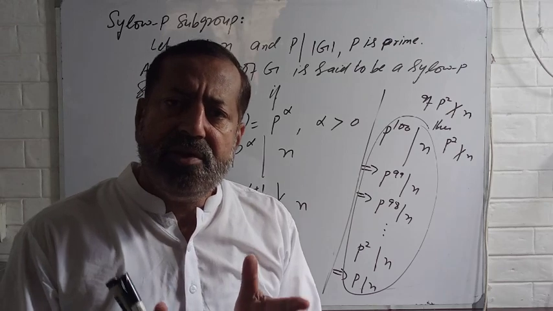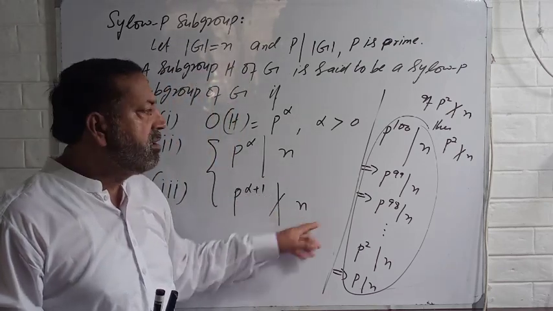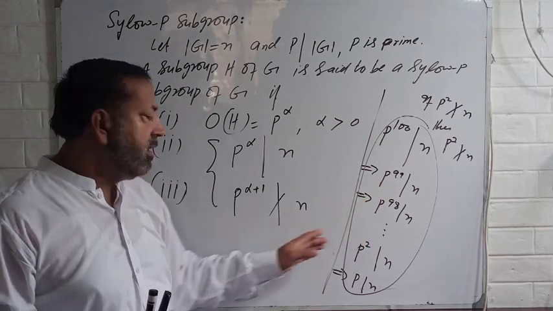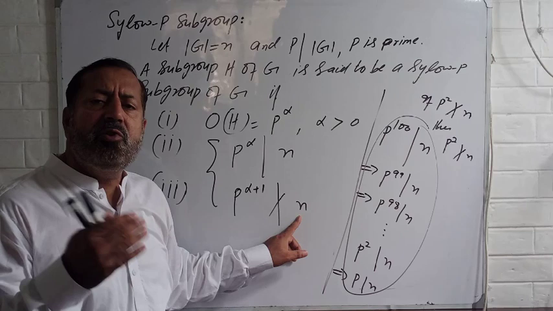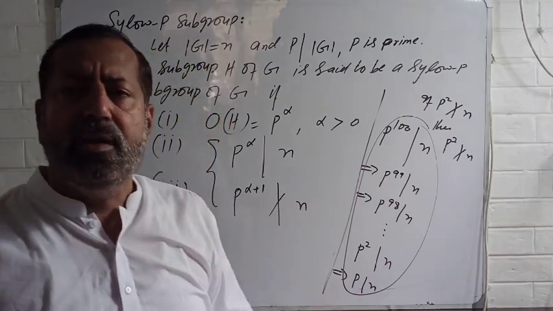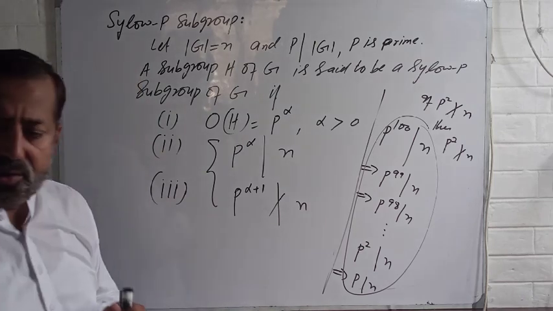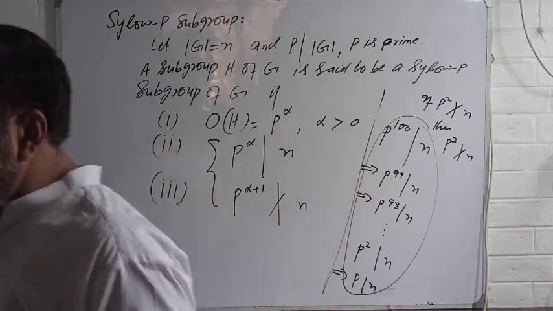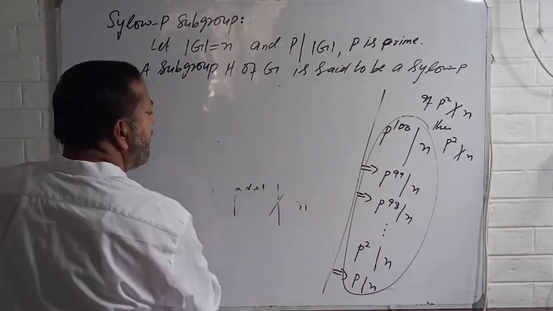So it is sufficient to write that P power alpha plus 1 does not divide n, because I have shown you that if P power alpha plus 1 does not divide n, then of course P power alpha plus 2 and P power alpha plus 3 and no higher power will divide n as well. Okay? So again, you can summarize the definition. What should be the definition? The definition is,